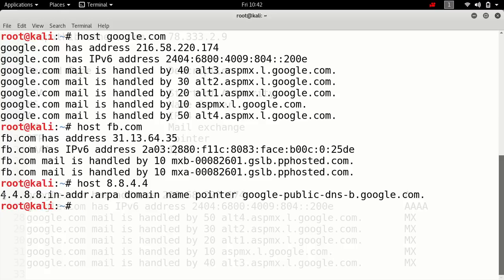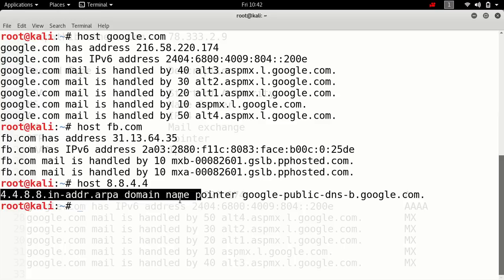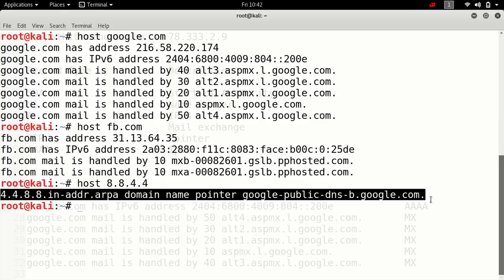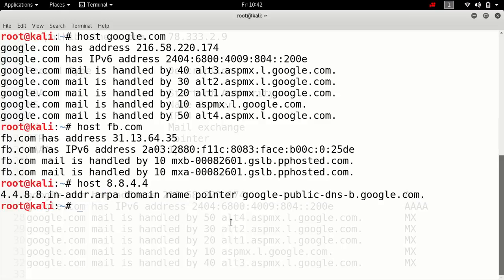Here I am getting 4.4.8.8.in-addr.arpa domain name pointer dns.google.com. So this is reverse DNS lookup. If we enter the IP address of a name server, we will get the name of that name server, or if we enter the IP address of a domain name, it will return the domain name of that IP address.